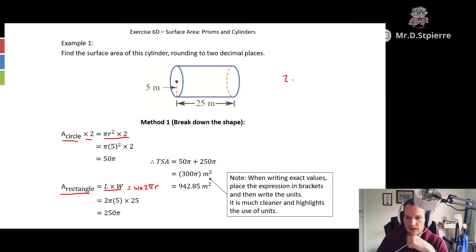So if we have two circles plus the wrap, the TSA is also equal to,